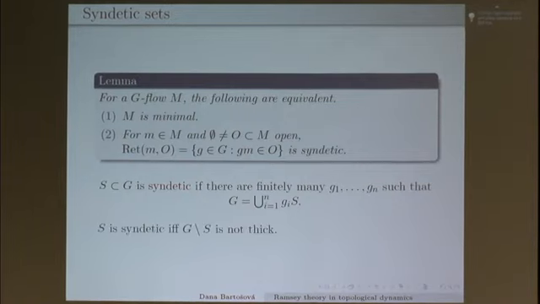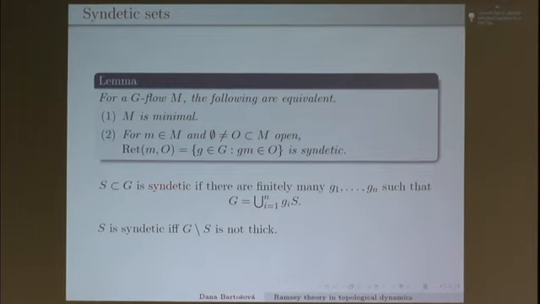And well, we had a thick set before. Syndeticity is very much joined to thickness. Syndetic sets are exactly those whose complements are not thick. So syndetic sets intersect all thick sets. So we see that if every cover by clopens of the coset space contains a thick set, then we cannot get two disjoint syndetic sets, and that exactly gives us that the universal minimal flow has to be just a singleton,